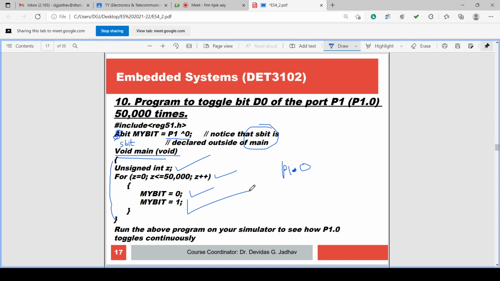Okay. And it is executed 50,000 times because the for loop is executing 50,000 times. So run this program in your simulation to see how P1.0 toggles continuously. This program also we have executed.